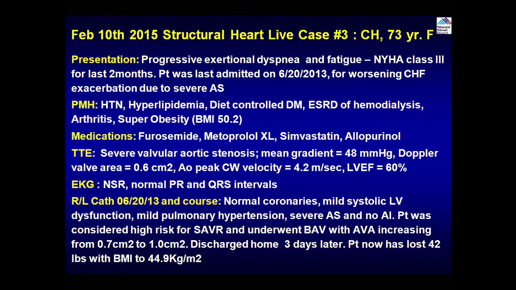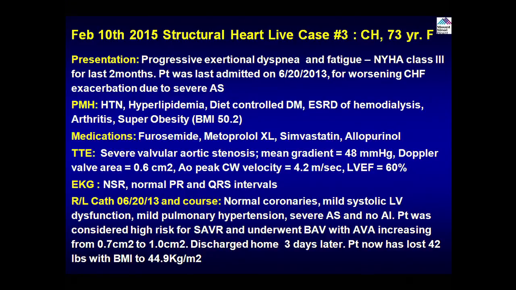Medication, as you see, was listed, and echo did confirm the clinical finding that she had severe aortic stenosis with a gradient close to 50 and valve area of 0.6. So right-left heart cath was done. At that time we showed that she had normal coronaries with mild LV dysfunction, mild pulmonary hypertension, and severe AS. Even at that time, she was considered, because of comorbidity, most important because of her obesity, a high-risk surgical candidate. We proceeded with the BAV and she was discharged and followed by her primary cardiologist on medical therapy